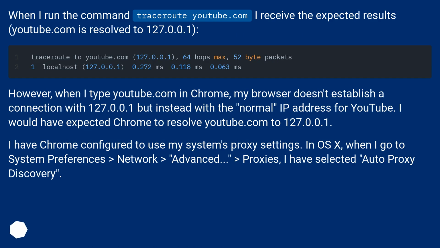When I run the command traceroute youtube.com, I receive the expected results. youtube.com is resolved to 127.0.0.1. However, when I type youtube.com in Chrome, my browser doesn't establish a connection with 127.0.0.1 but instead with a normal IP address for YouTube. I would have expected Chrome to resolve youtube.com to